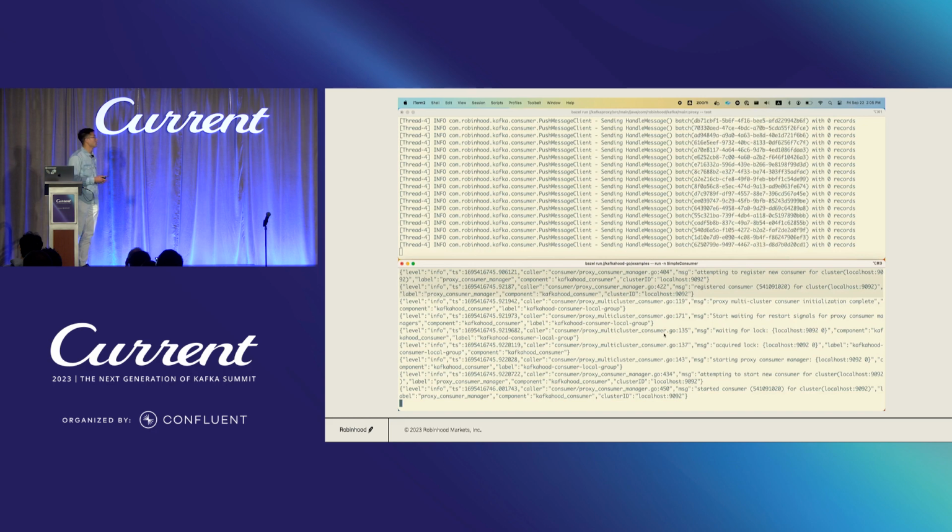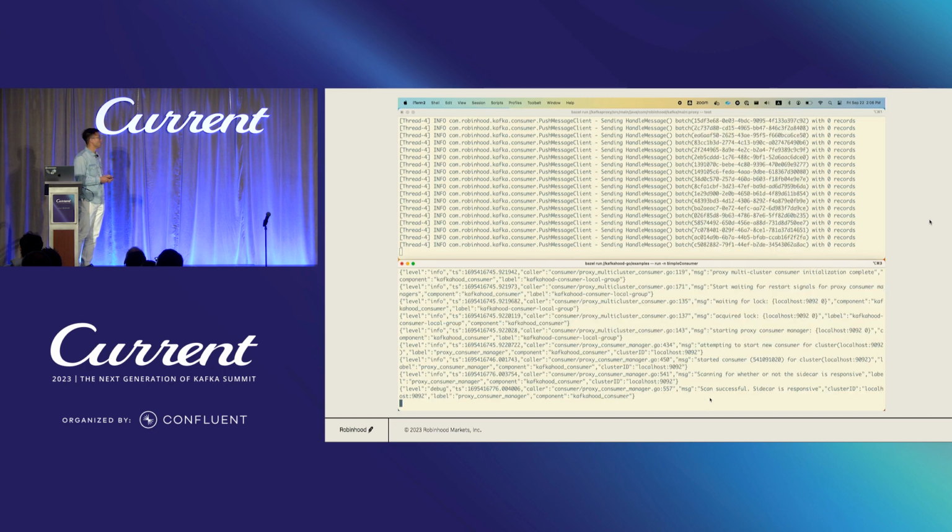Once the sidecar container receives that start consuming request, it starts this pull and push loop. As you can see, it's pulling messages from Kafka and then sending them to the application container continuously. So this will keep on going, and eventually I'm going to gracefully shut down the application container down here in the bottom panel. So once that happens,